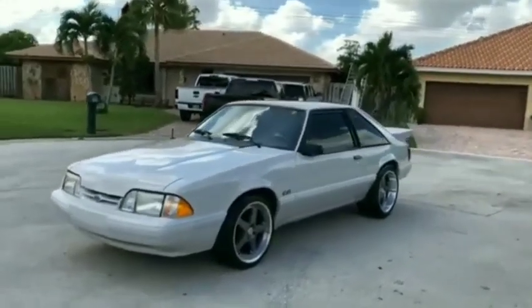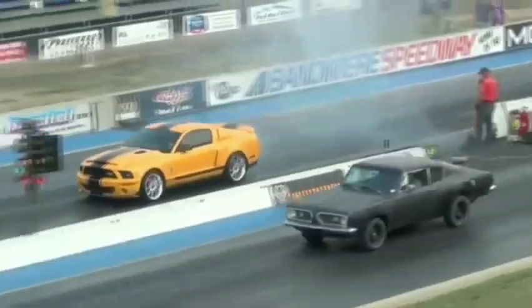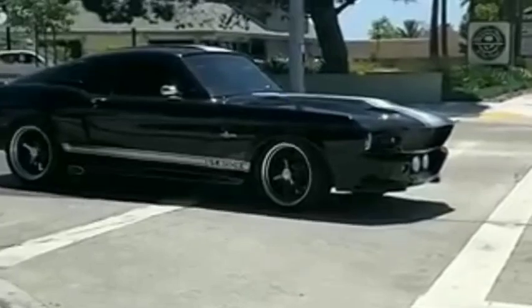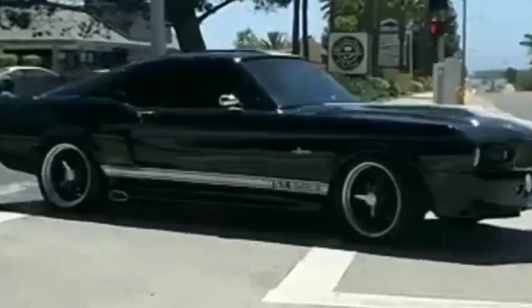Even today, more than a decade later, the 2013 Shelby GT500 Super Snake remains a dream car for collectors, enthusiasts, and anyone who appreciates the sound, style, and spirit of true American muscle. It's more than a vehicle, it's a symbol of speed, power, craftsmanship, and the kind of driving experience that stays with you long after the engine